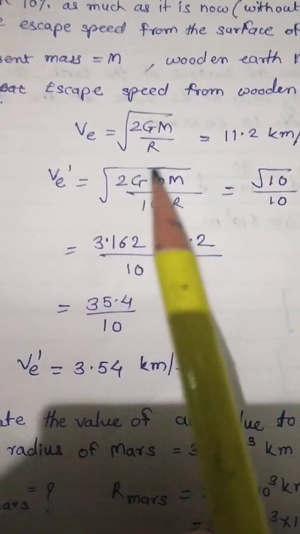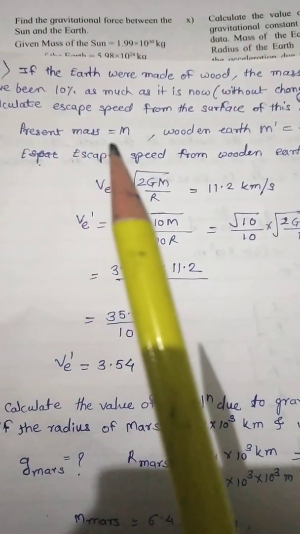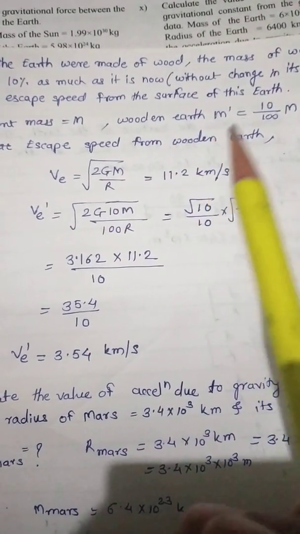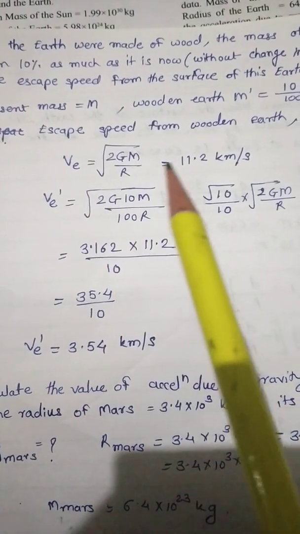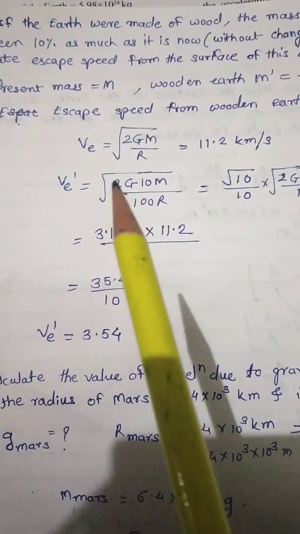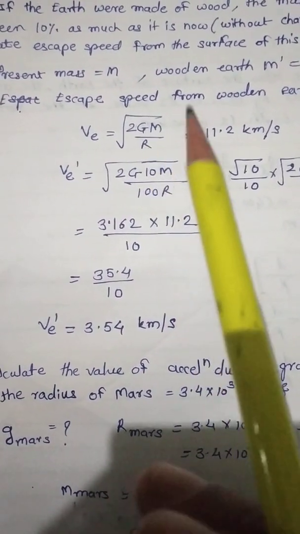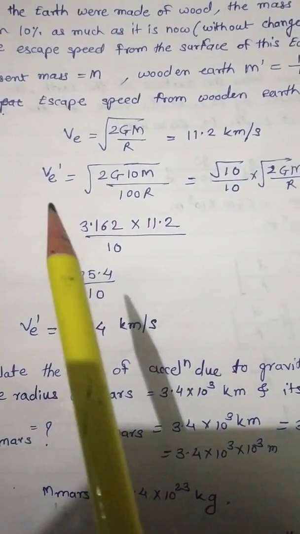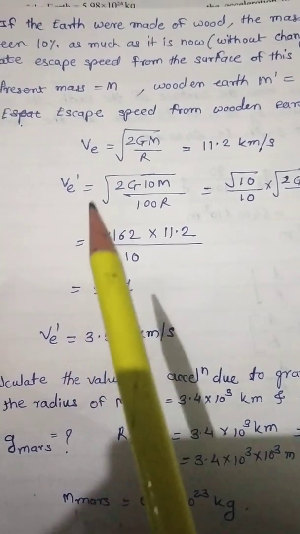So here given quantities: present mass means capital M, and wooden earth M dash is equal to 10 upon 100 into M. So escape speed from the earth, V is equal to root of 2GM upon r. So this constant value we know, that is 11.2 km per second. And now V dash for the escape from the wooden earth,